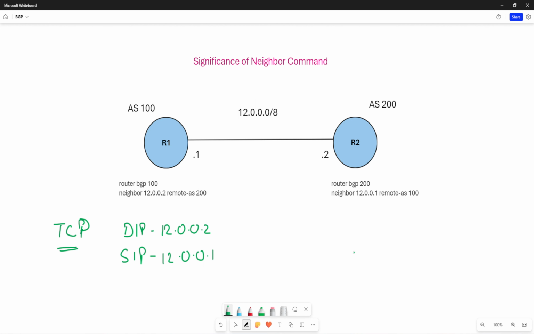Now, as I was saying, on R2 the neighbor command has a different role. When I give the neighbor command 12.0.0.1, R2 is expecting a TCP session from the source whose IP address is 12.0.0.1. Similarly, when I do a neighbor command on R2, R2 creates a TCP session, and with this command line, the destination IP will be